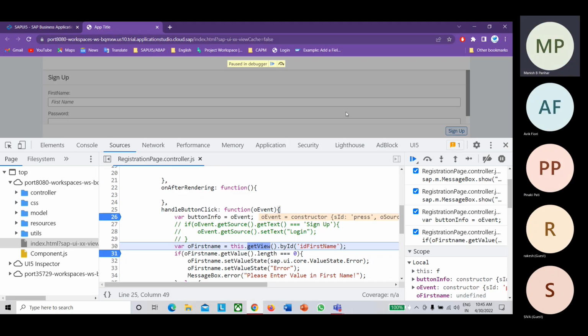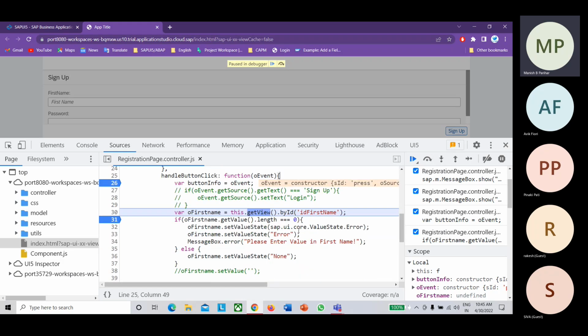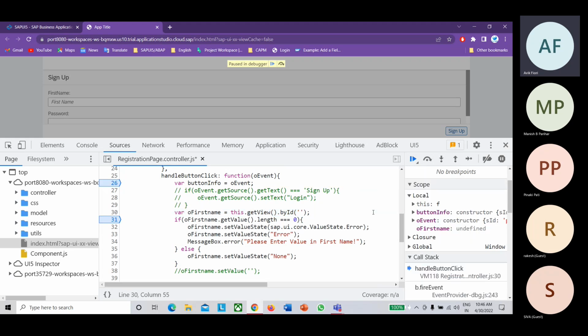In the debugging section, what we generally do in ABAP is change a value to see what output will come, and again change the value. Can we achieve this here also? Yes, you can do that. Let's say you want to change this code also at runtime. That is also possible. For example, instead of ID first name, I'm removing this, or you need to provide another ID. Let's say I'm adding A, and I'm clicking Control S. As soon as I do Control S, it will save the code.